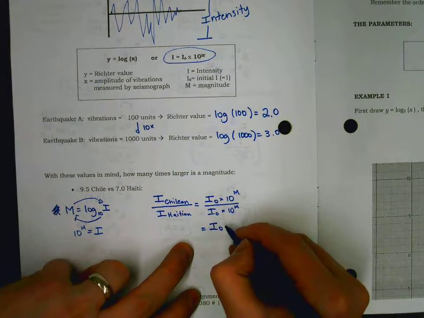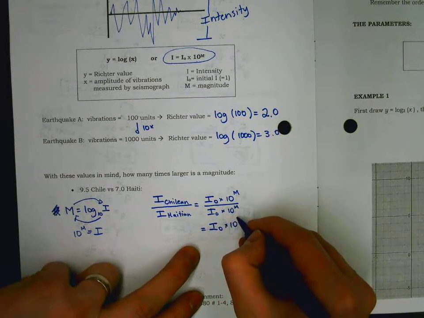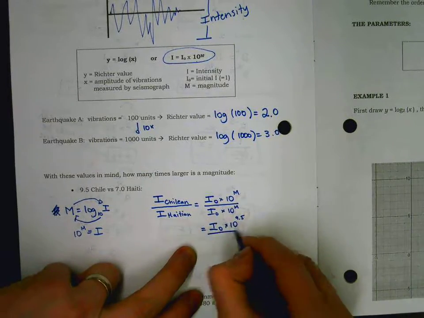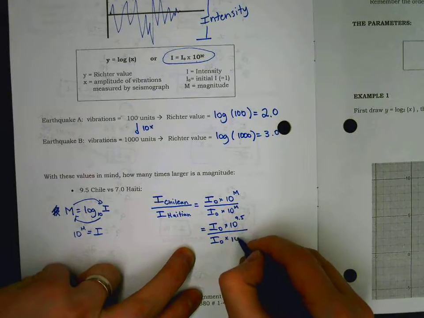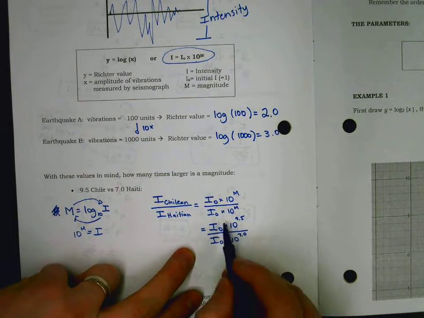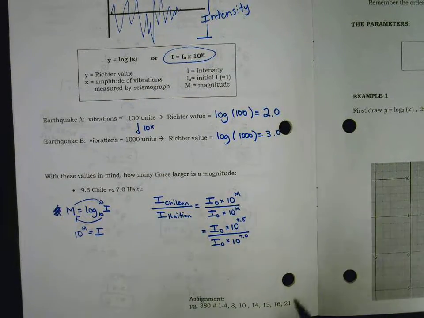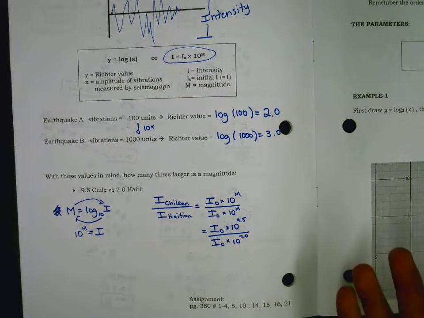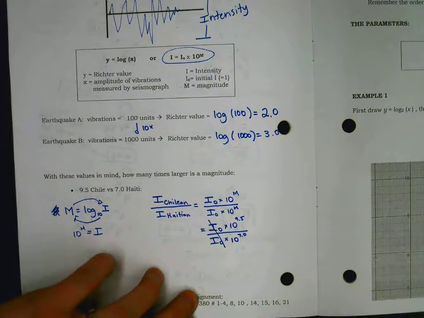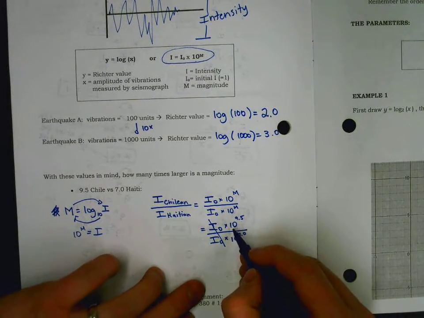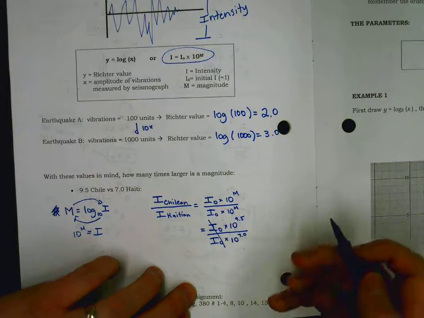We'll keep it in for now, but we know that the magnitude of the Chilean one was 9.5. The magnitude of the Haitian one was 7.0. So if we can divide those two values, we have the intensity difference from a 9.5 to a 7. Is it 10 times, 20 times, 30 times? We'll see. Well, the I zeros conveniently cancel, and you can either type in 10 to the 9.5, enter, divided